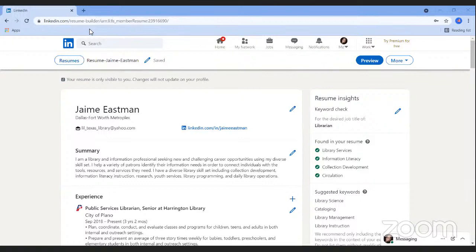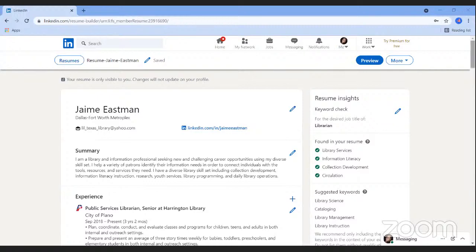Oh, looks like someone asked how to hide my profile to companies or people. So that's going to be separate from the resume builder. So we're not going to look at that just now. If we get a chance at the end of today's class, I'll pop back over to my profile and show you how you can turn information on or off there.